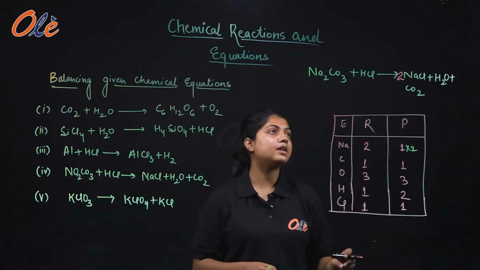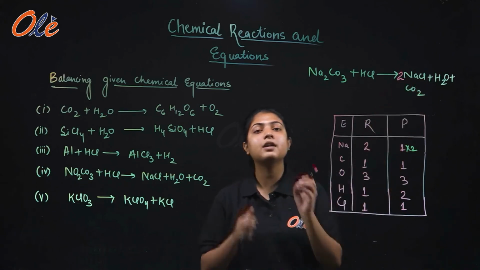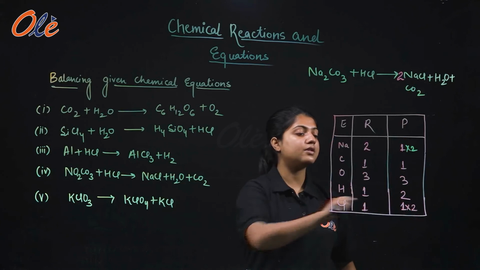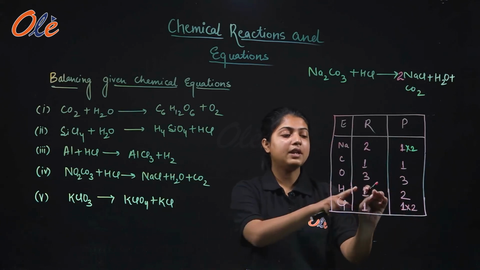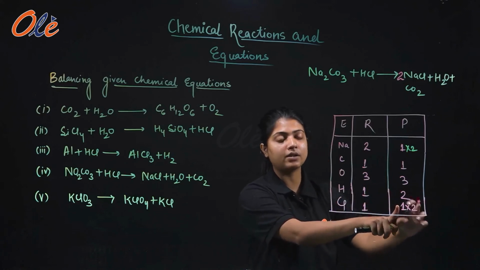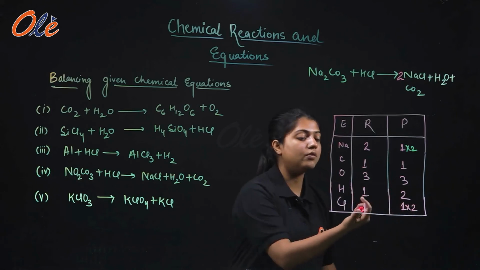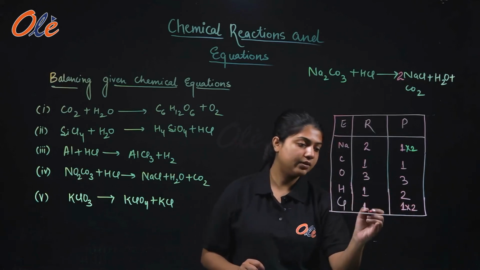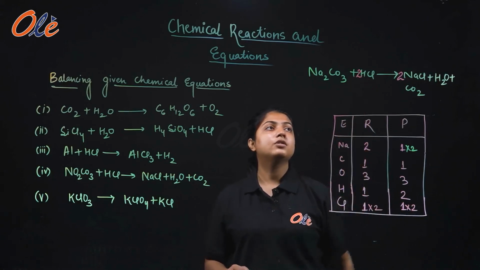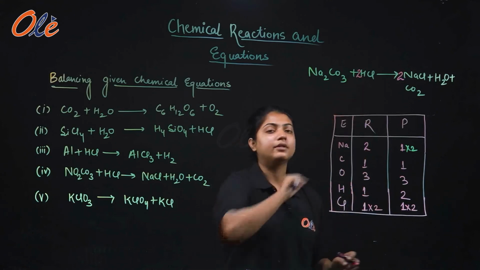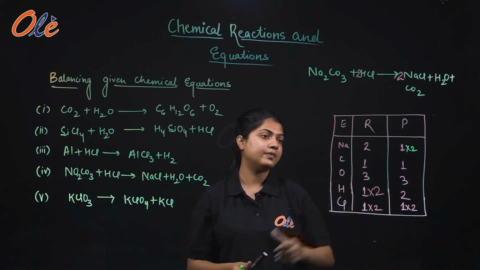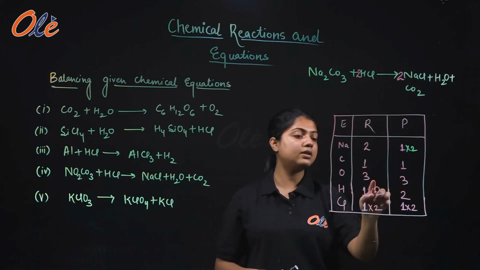Now because we have multiplied this by 2, chlorine atoms will also increase by 2. Right? Chlorine atoms are also increased by 2. And now, because the chlorine atoms are increased by 2 on the product side, we need to make it 2 on the reactant side as well. Okay, so now we have to multiply this by 2. If we have multiplied this by 2, we have to put 2 here, right? And the hydrogen atoms are also increased by 2. Now see the numbers: 1 1 3 3 2 2 2 2.